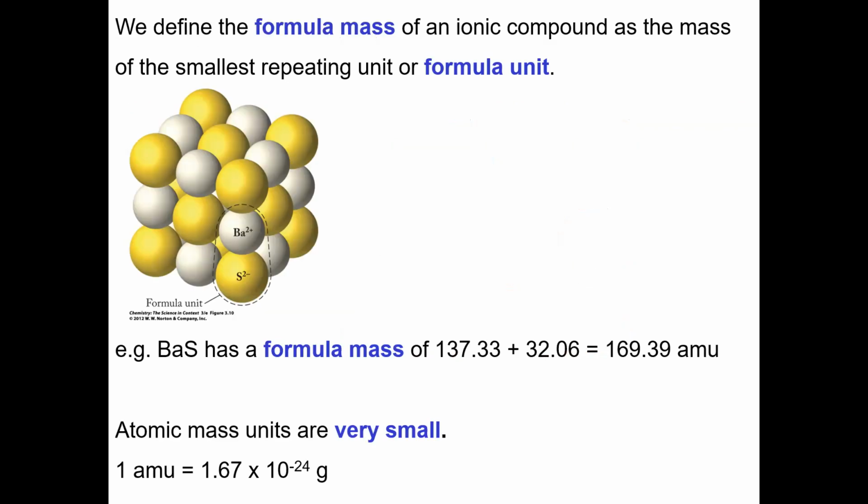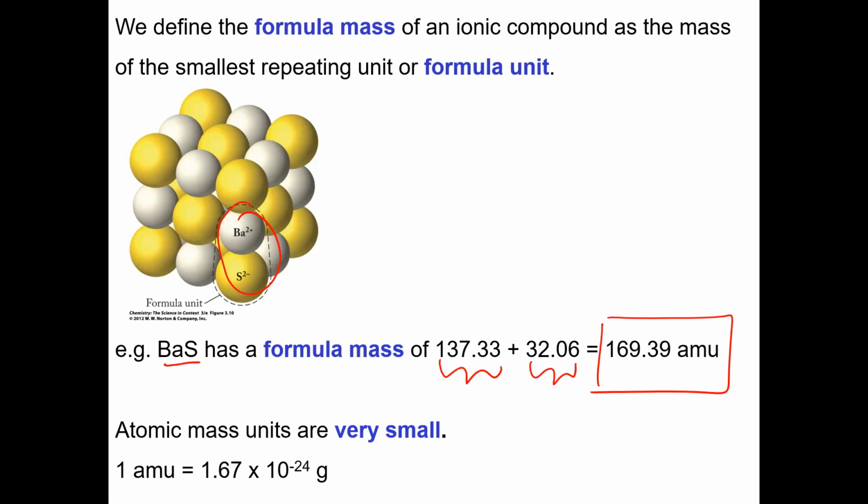The formula mass of an ionic compound is the mass of the smallest repeating unit of the formula unit. This is what we also know as the empirical formula. So it is the mass of the ratio of ions that gives us electrical neutrality. So barium sulfide has the formula BaS. So to calculate the formula mass of barium sulfide, we add together the mass of 1 barium and 1 sulfur. And then that gives us a mass of